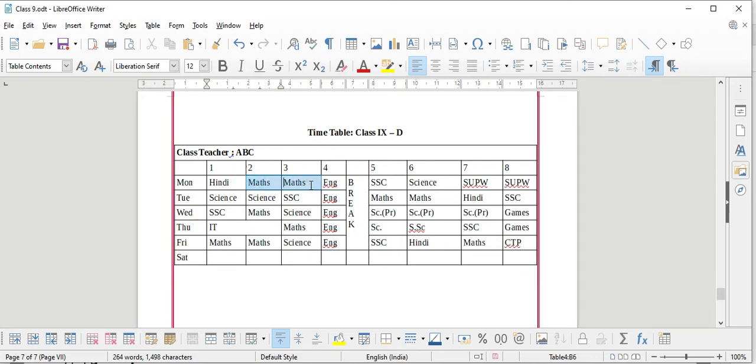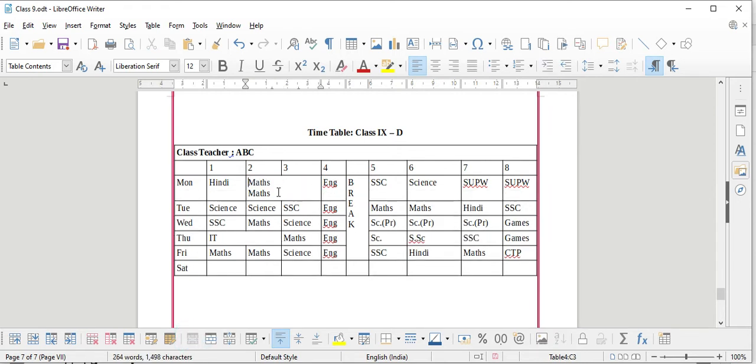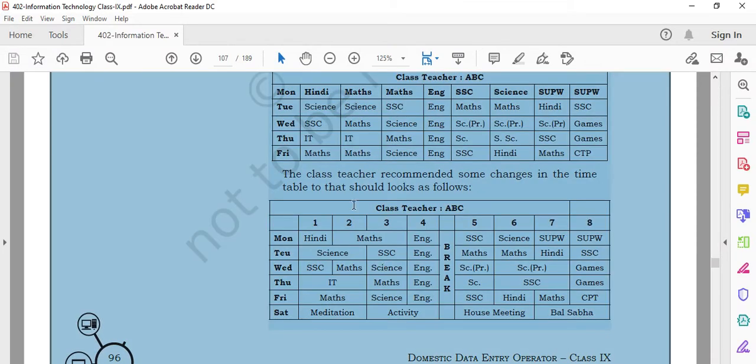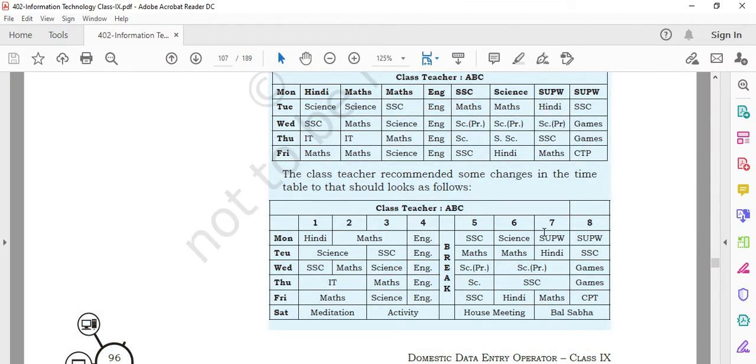For maths also, I merge the cells and delete one maths. Like this I will do for the others. Almost everything is done. Now making the center alignment. For that I will use center align. For making these periods bold, I'll select them and make them bold. And if you notice, all data are in the center of the cell.